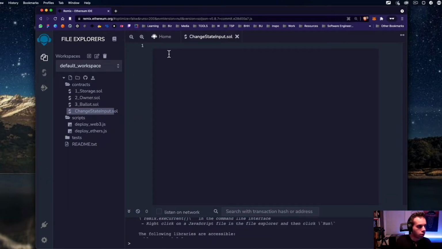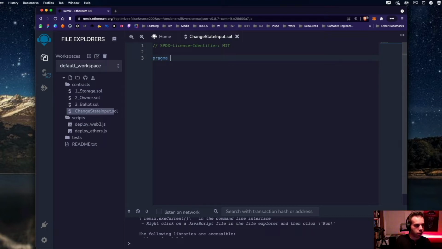Okay, cool. So what we're going to do is you declare the license from the start. So SPDX license identifier MIT. And then every smart contract always needs a pragma statement. This just defines which version of Solidity we are going to be coding in.